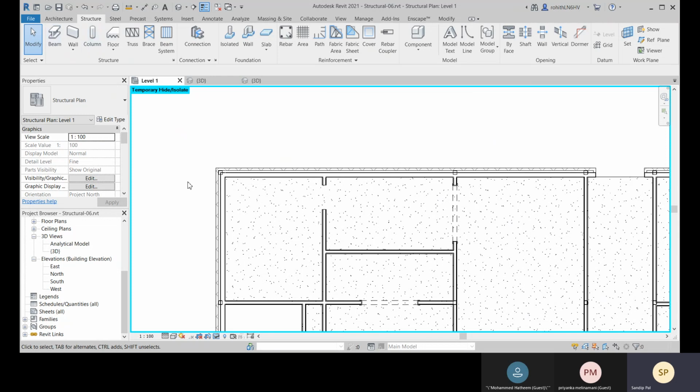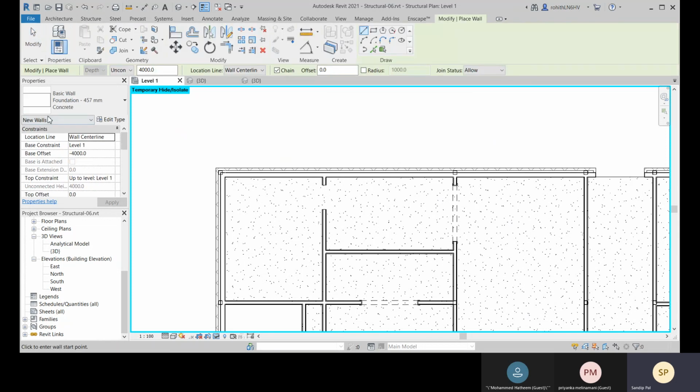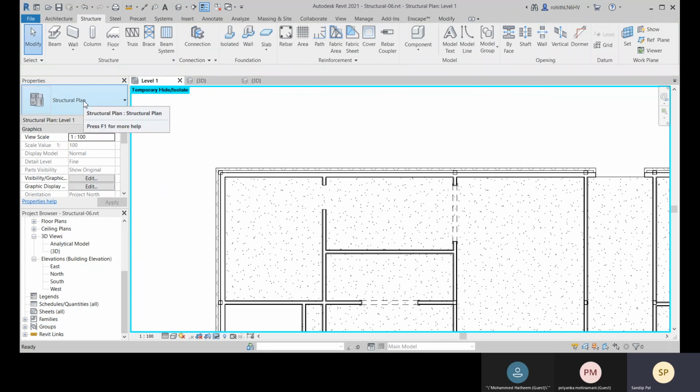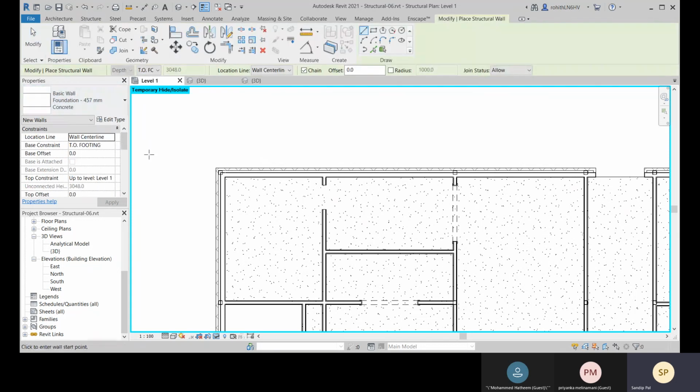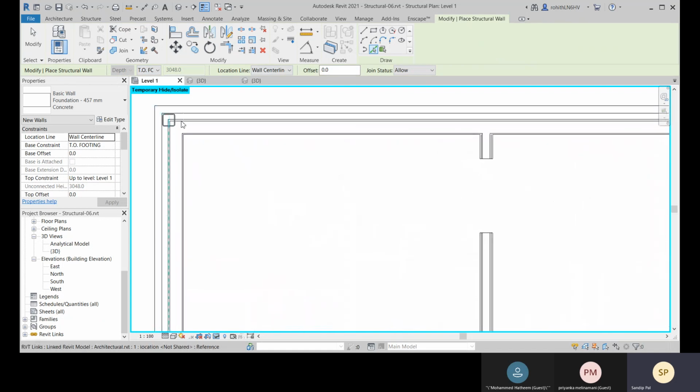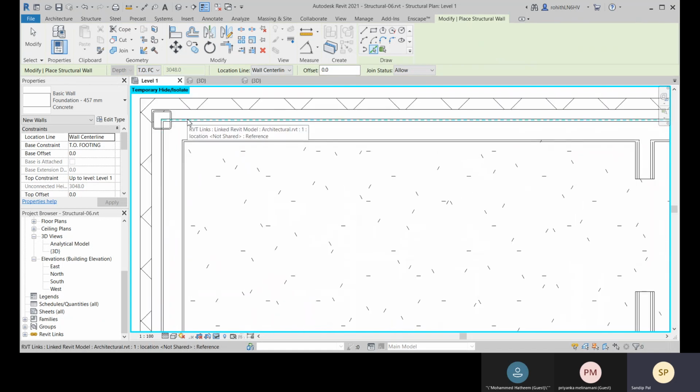Now again I will go for WA, and you can see this is already selected, or else you can directly select the Wall: Structural item. Let's go for the Pick Lines option, and with all the settings, let's pick the line. If you are not getting the centerline, you can press Tab to switch to the centerline. Now I'm getting the centerline.